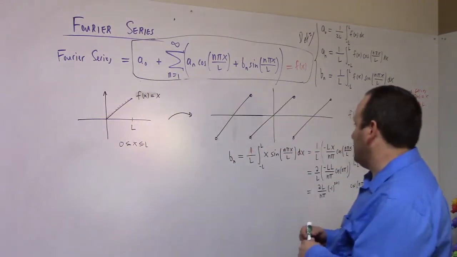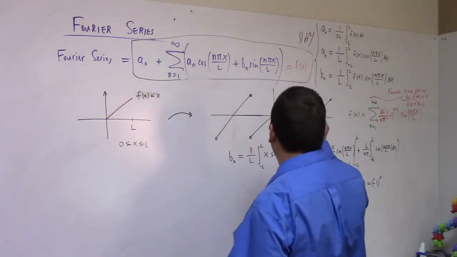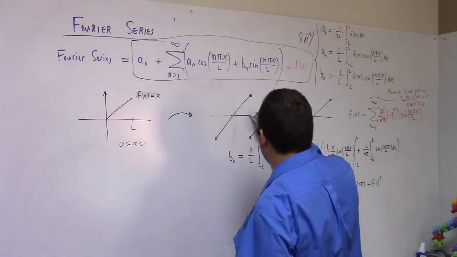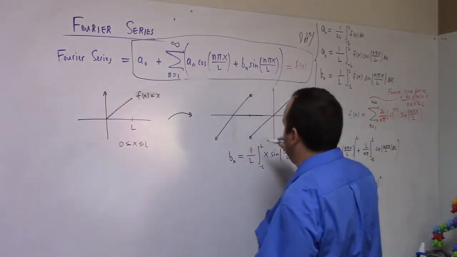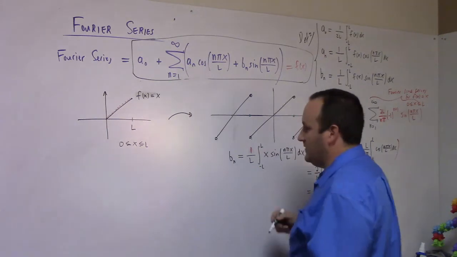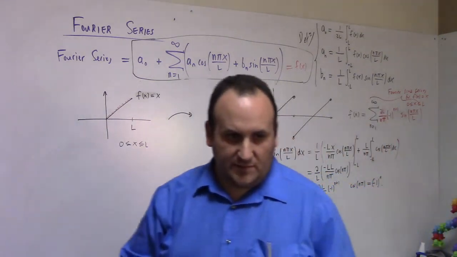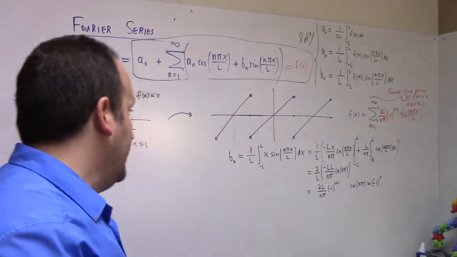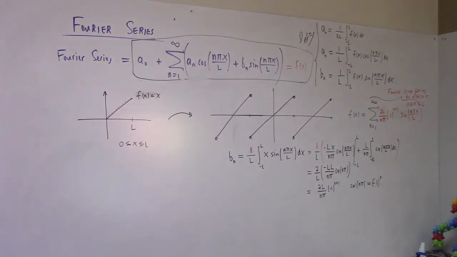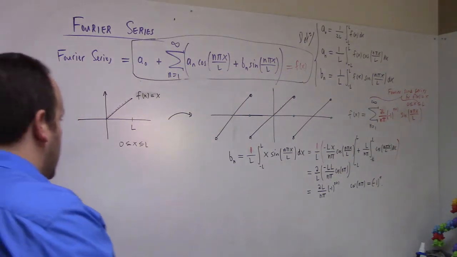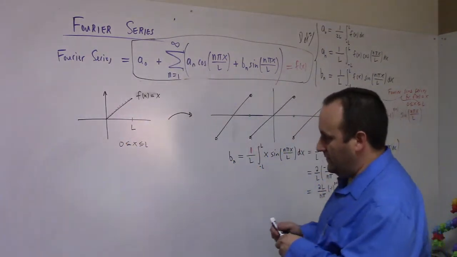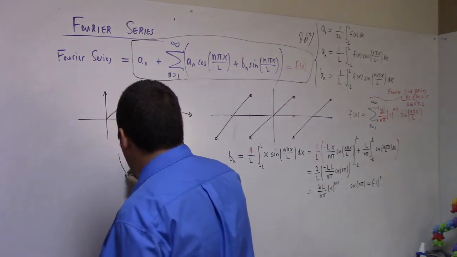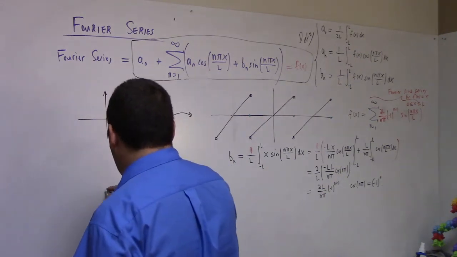The thing that's interesting is on the jump discontinuities, it's actually taking the value in the middle. We talked about the average of the left and the right. That's where the Fourier series will converge to. All right, so that's the one thing we can do with x, we can look at the odd extension. But there's another thing you can do. You could look at the even extension. So the even extension of this guy would be something more like,